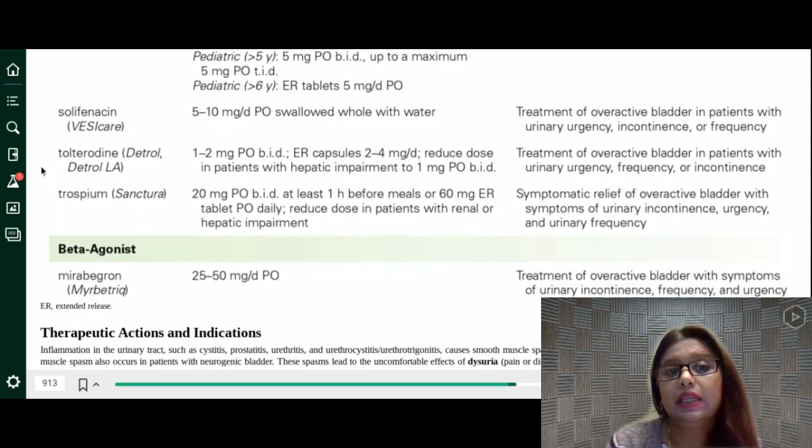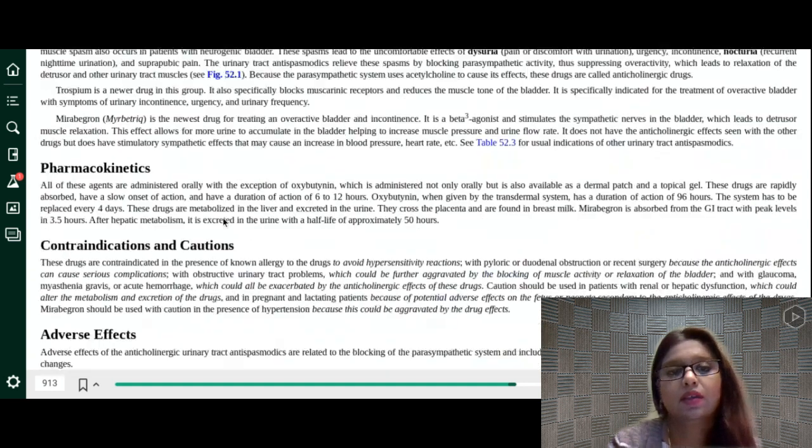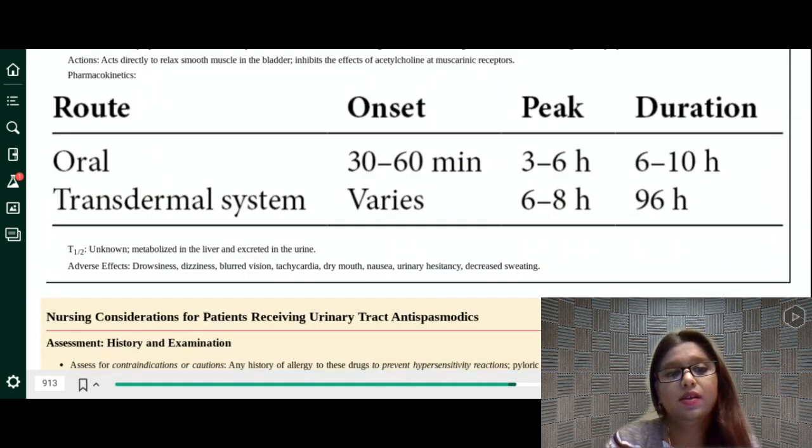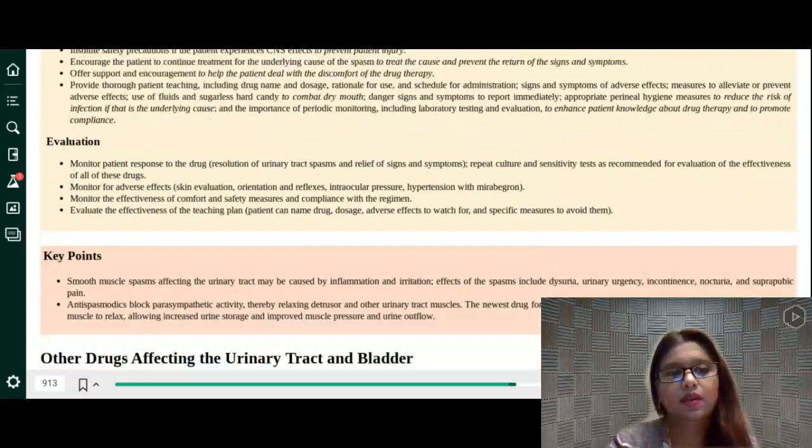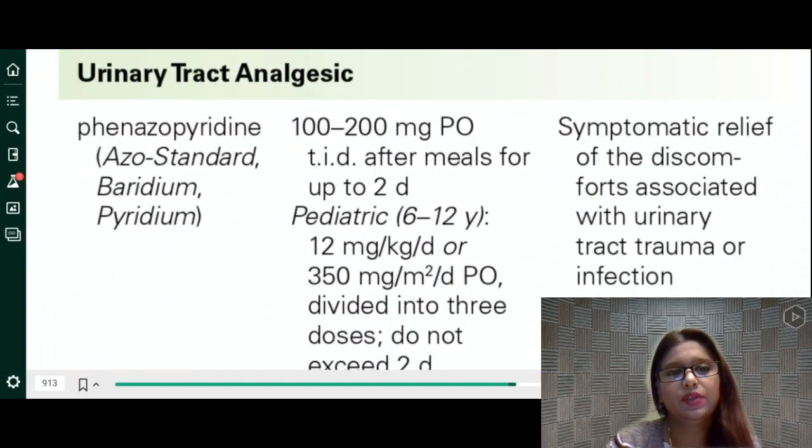All right, Detrol LA is another common one to memorize. Okay, and then the last one, pretty much almost done. Just want to make sure that we are finishing up. Now,